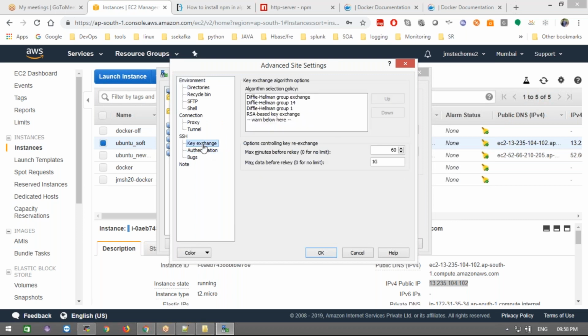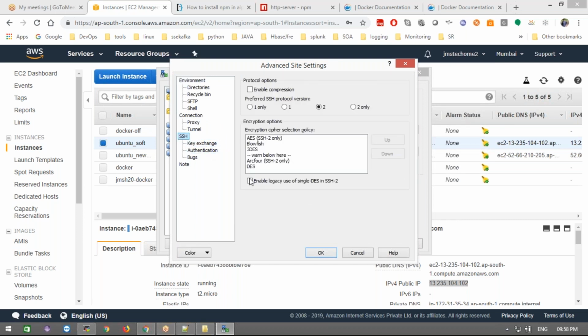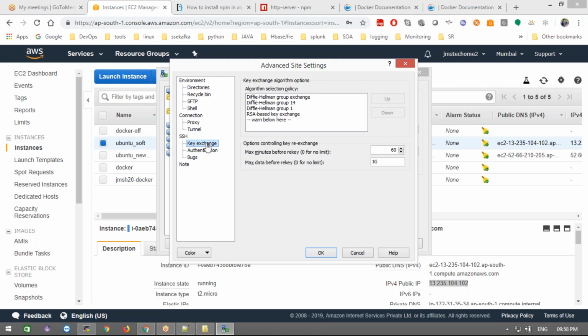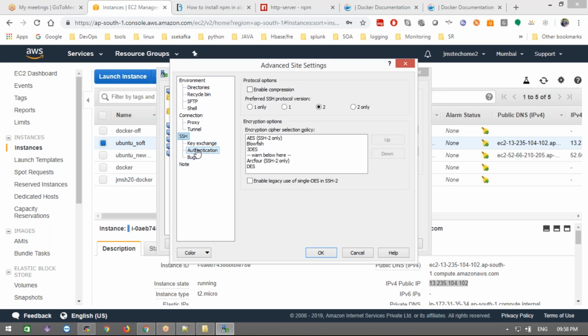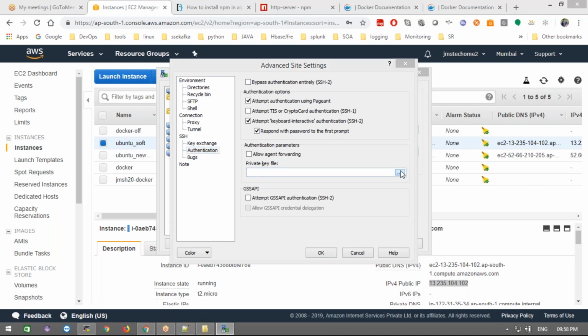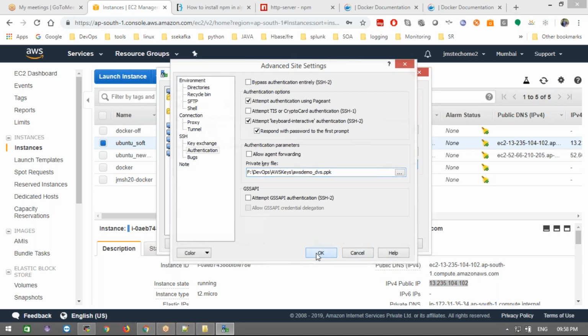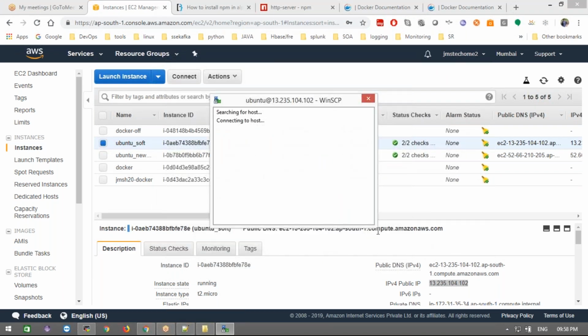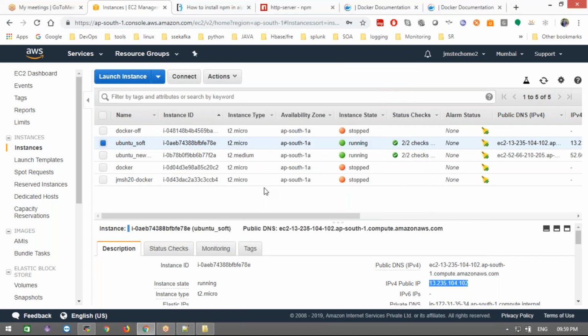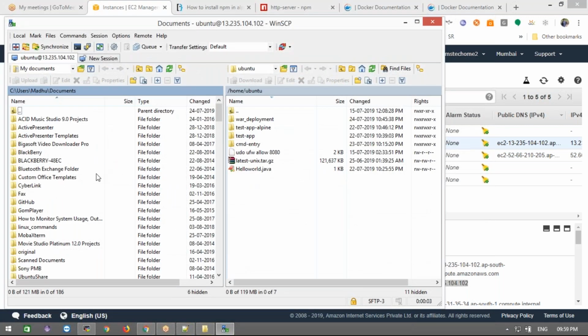Session and key exchange. Authentication. Click this here. And what is that? This is a key only, right? For this, let's try. Yeah, that key only. Okay, fine. Now